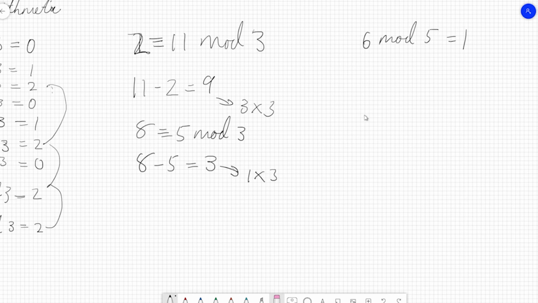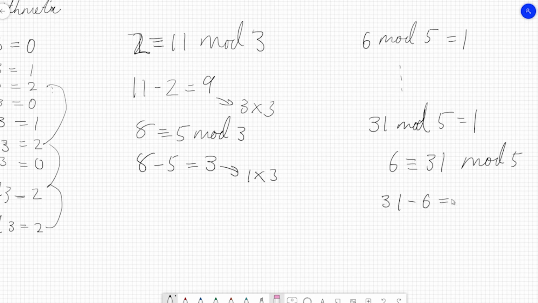What else divided by 5 gives you a remainder of 1? Let's say 31. Yeah, so it cycles a few times. 31 mod 5 also equals 1, which means 6 and 31 are congruent mod 5. Yeah, which means they give you the same remainder when divided by 5. Of course, as you can very clearly see, 31 minus 6 equals 25, which is a multiple of 5. Yes? Okay, so once we establish that, now what we can do is apply this